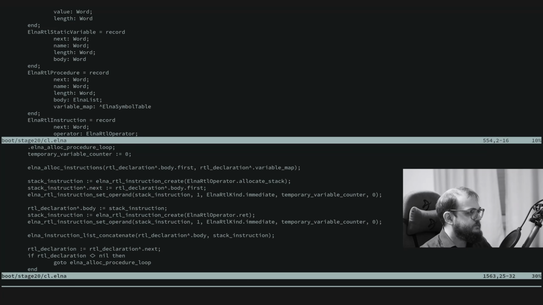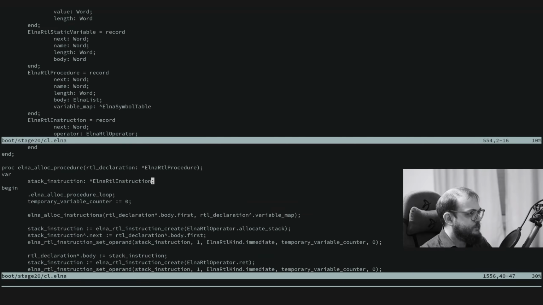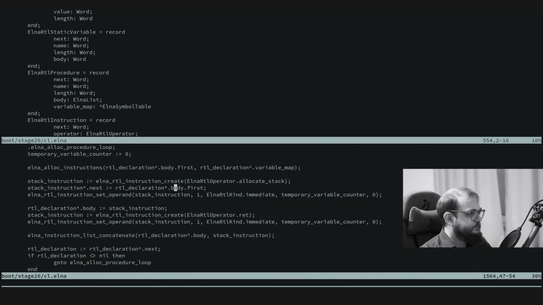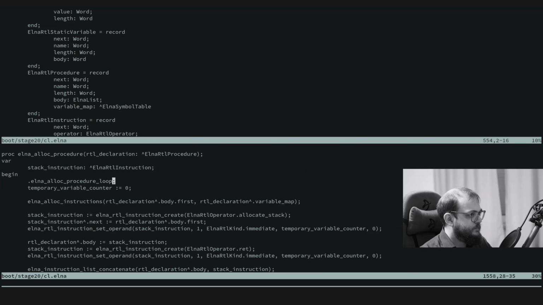Here I create a new instruction. And then I say, so we get a tail declaration here. And I actually append the first instruction of the body to the next element of this instruction, create result. And here we iterate through all the instructions,